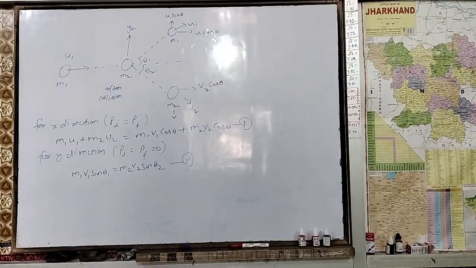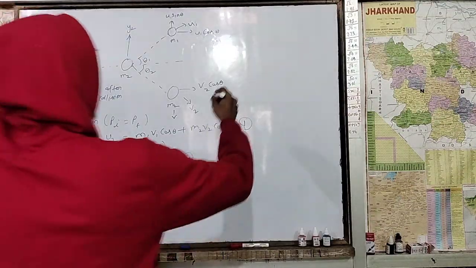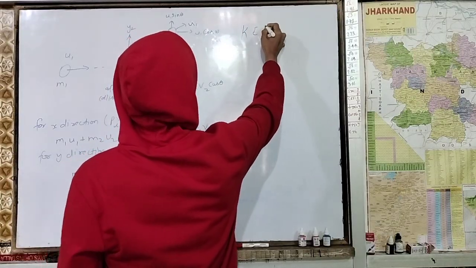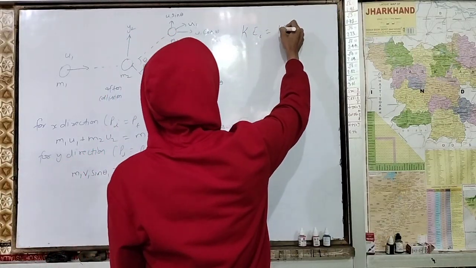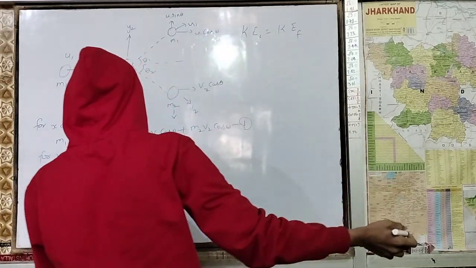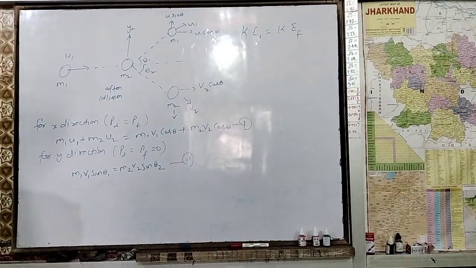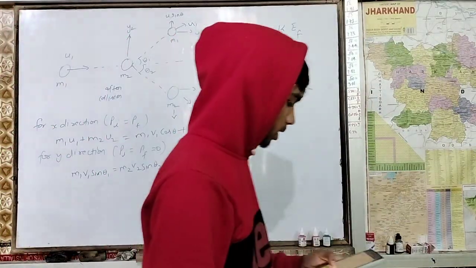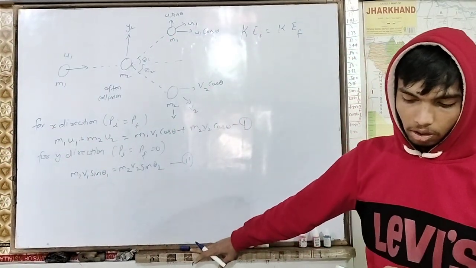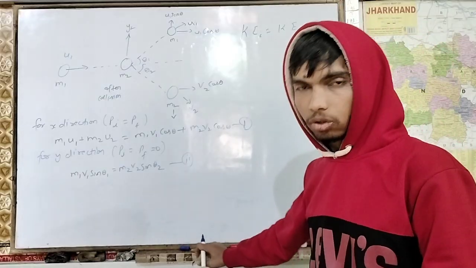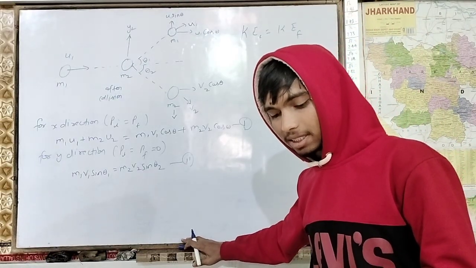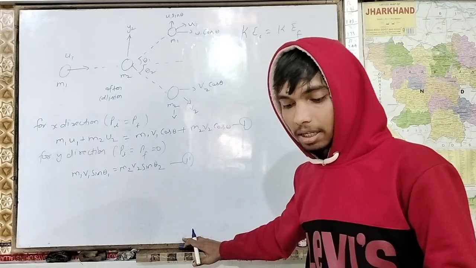What about kinetic energy? Kinetic energy initial will be equal to kinetic energy final: 1/2 m1 v² plus 1/2 m2 u2², which is equal. Okay, this is the third equation. We will use these three equations for solving numericals of elastic collision in two dimensions. When the elastic collision is in two dimensions, then these three